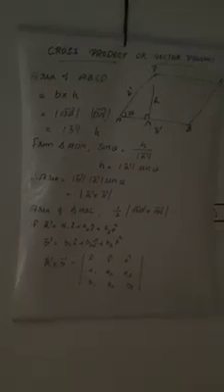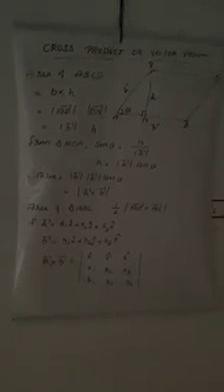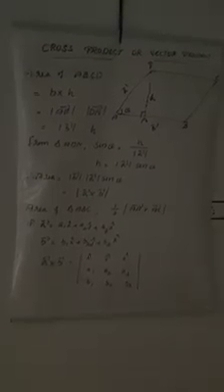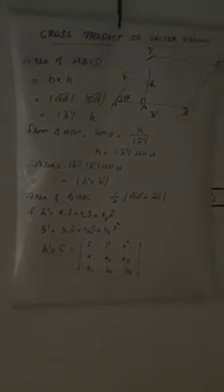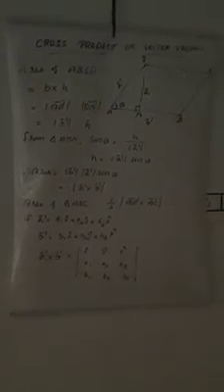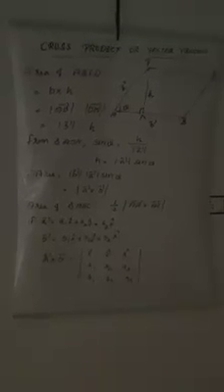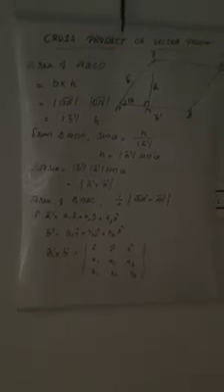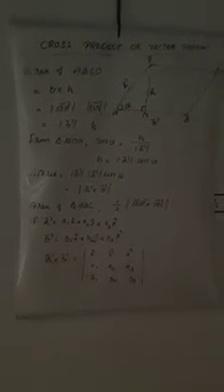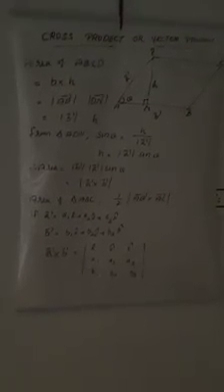But using the parallelogram law of vector addition, if A and B are the diagonals of the parallelogram, then its area is half of modulus of A cross B. If A and B are the adjacent sides, what is its area? Mod A cross B. If A and B are the diagonals of the parallelogram, then its area is half of modulus of A cross B.